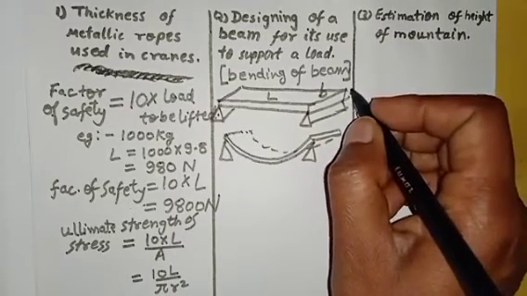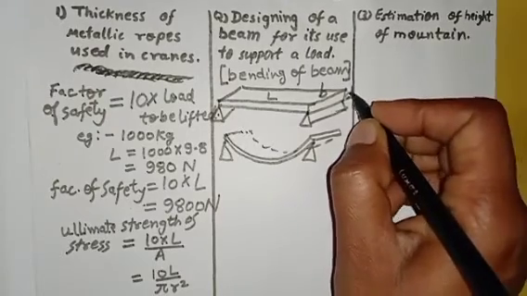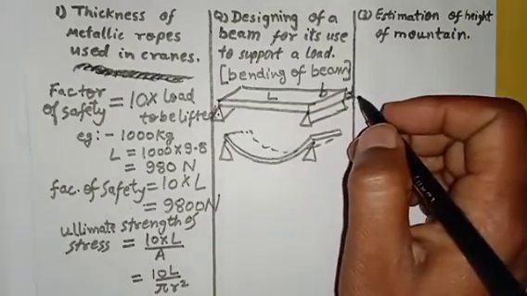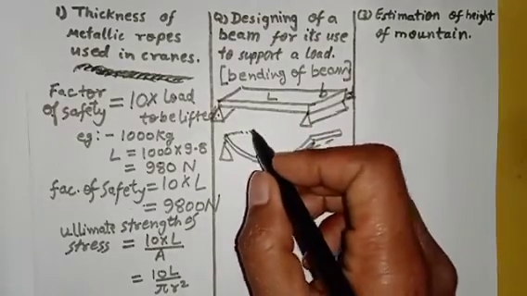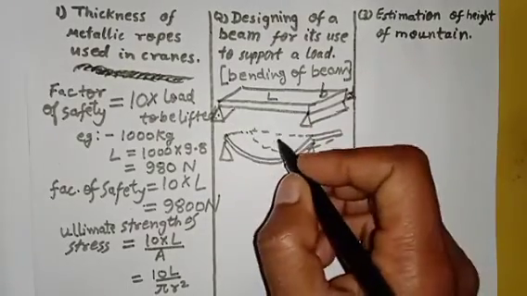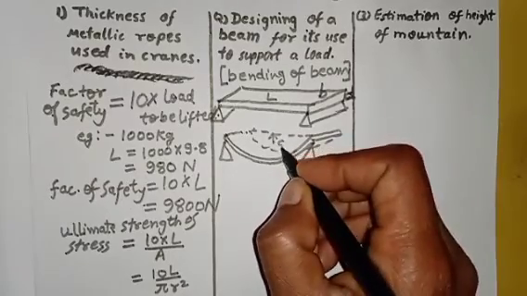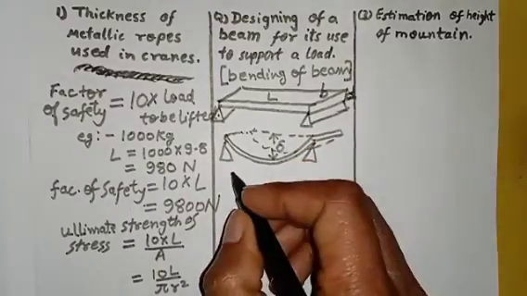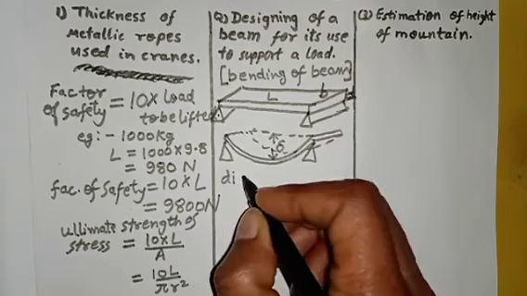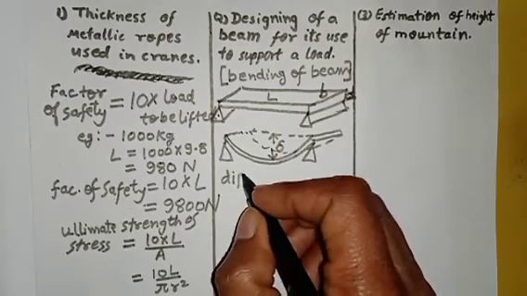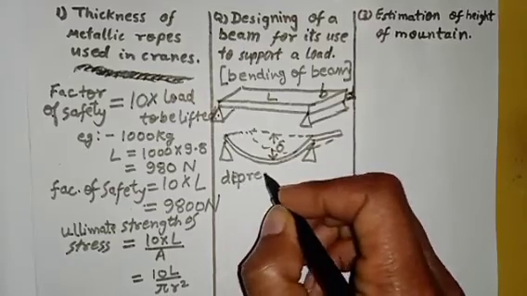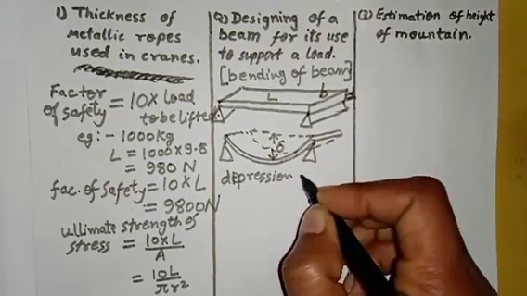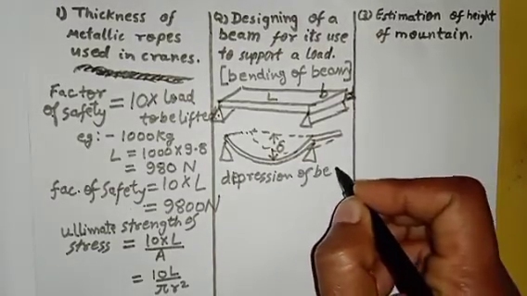length, breadth, depth. I'll use depth D for that. And okay, now it has depressed. This is the depression. It has gone down, and that depression is delta. So that depression in the bend, in the beam, depression of beam,